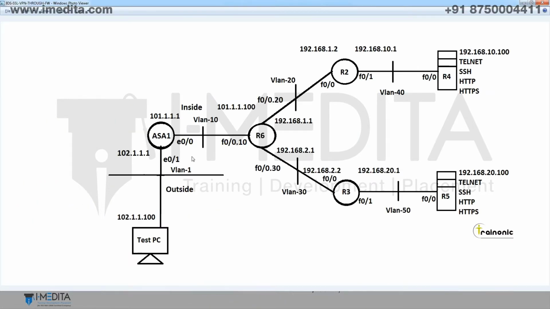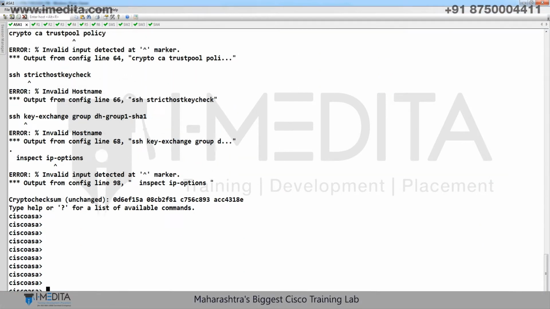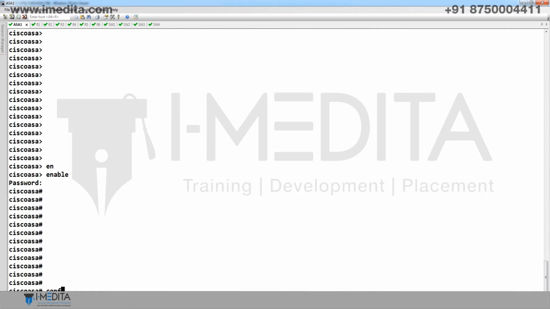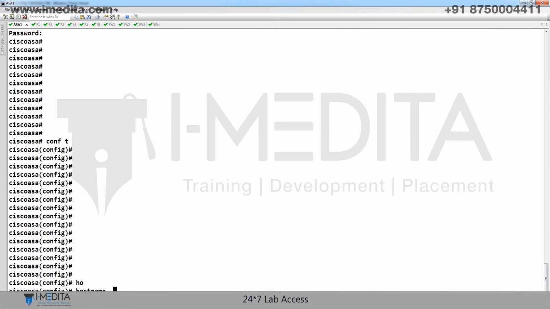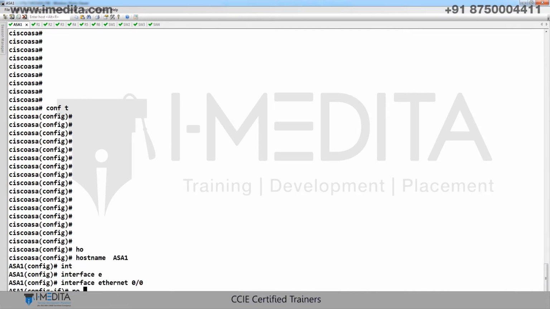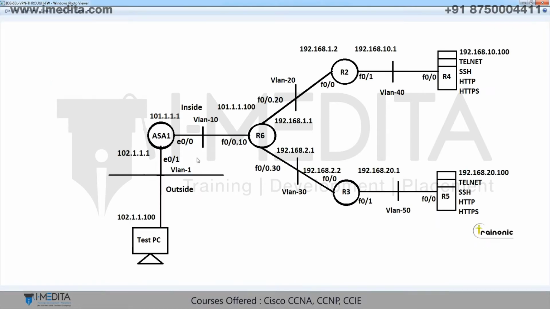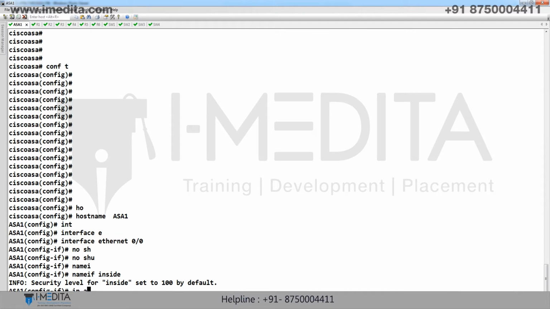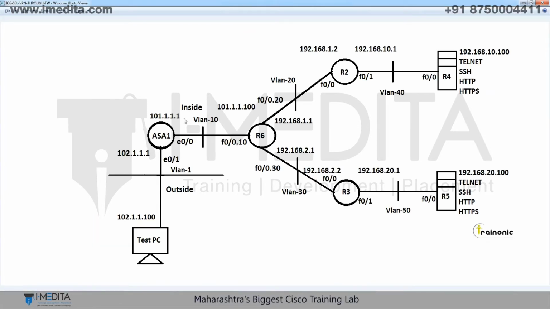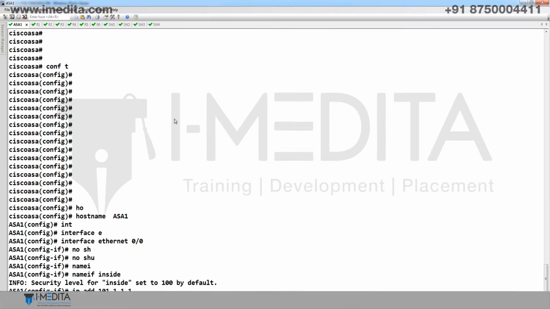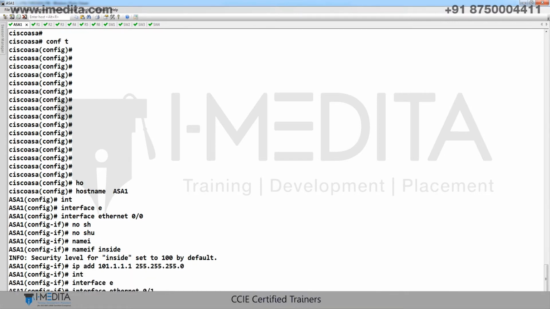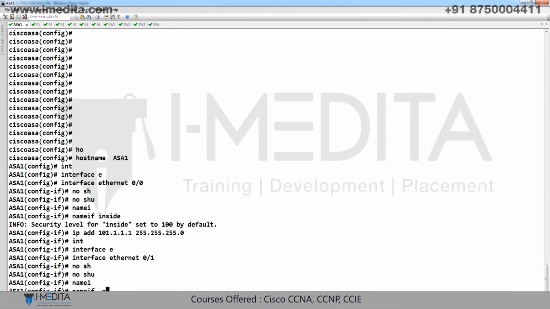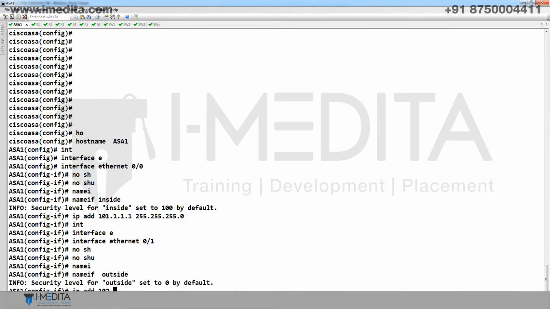ASA 1, interfaces 0/0 and 0/1. Enable, conf t, hostname. Interface 0/0, no shut, nameif inside, IP address 101.1.1.1. Interface 0/1, no shut, nameif outside, IP address